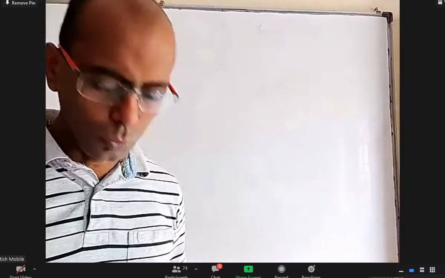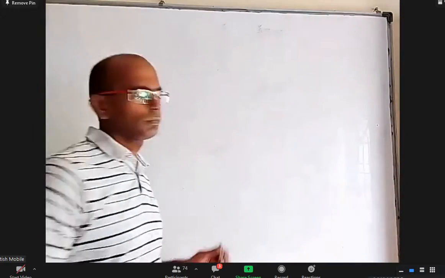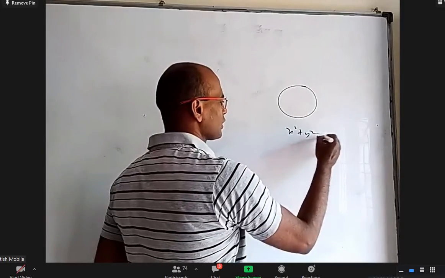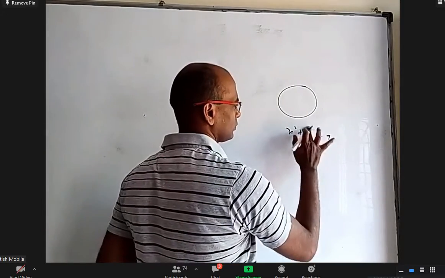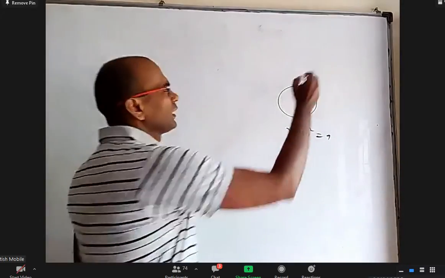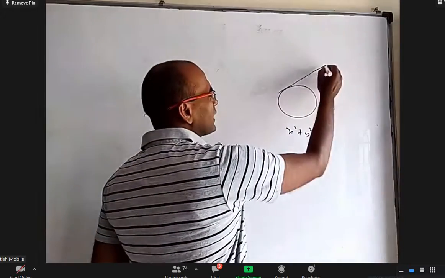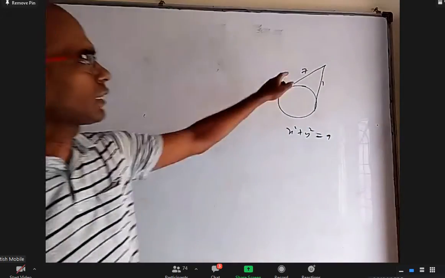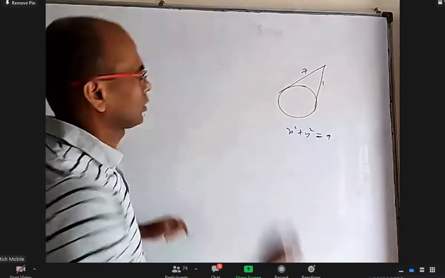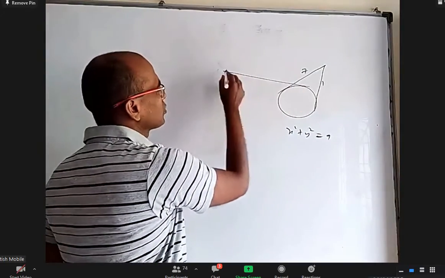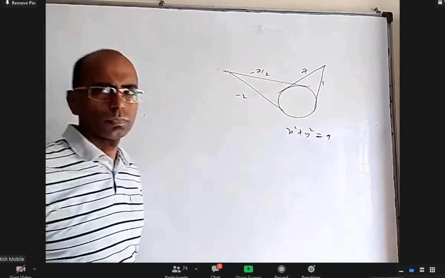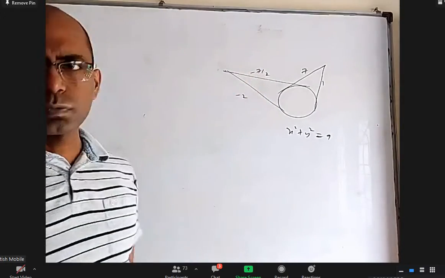Product of the slopes is 7. Basically, what is the question? I have a circle x square plus y square equal to 9. There is a point where when I draw two tangents, maybe this slope is 1 and this slope is 7. Product of the slopes is 7. Or maybe I have a point here, I have drawn two tangents. Maybe this slope is -2, this slope is -7/2. What is the product of slopes of these two?